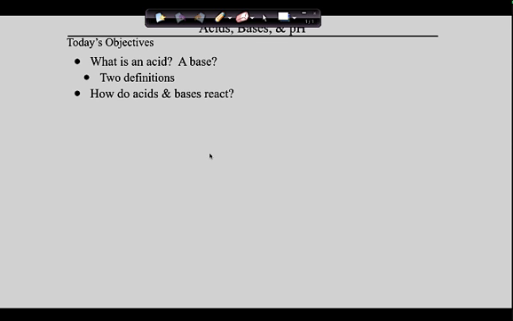Then guys, the second question we're going to ask is this. When acids and bases react together, what do